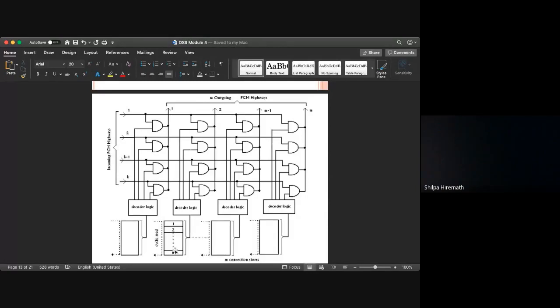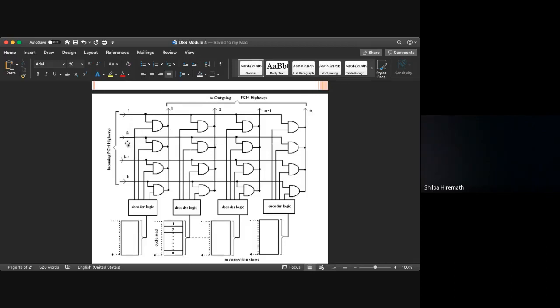This connection store is read cyclically. It will give the information to the decoder logic, which in turn will convert the value and make the signal and send it to the particular gate. So in this particular case, the 2 has to be made high. Here this input is also high and this input is also high, which means that this gate is operated, it is turned on, and hence the output is also high. So when both the inputs are high, the output is high. So this connectivity is given between 2 and 2.